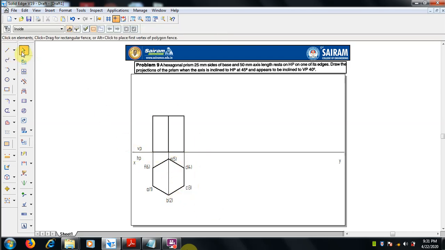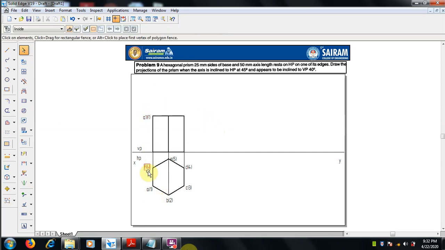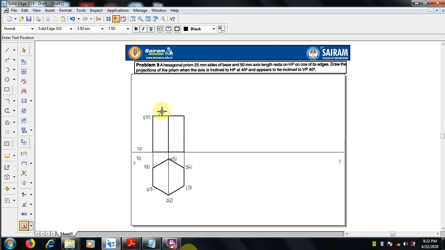In the front view, like what we are seeing from the front, the top portion, now A is visible, F is invisible, so it's F dash in brackets. Next, B dash is visible, E will be hidden at the back of B, so E dash in brackets, right?